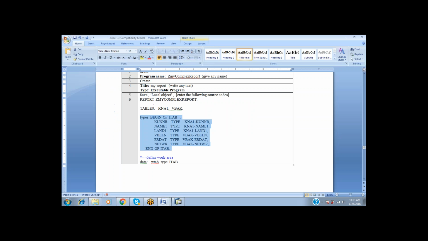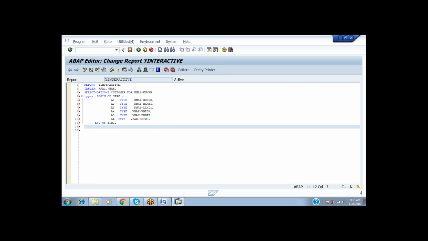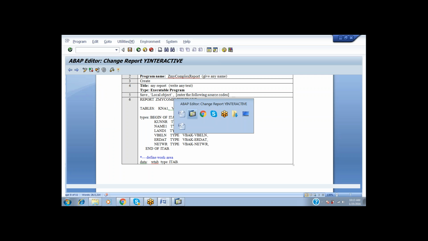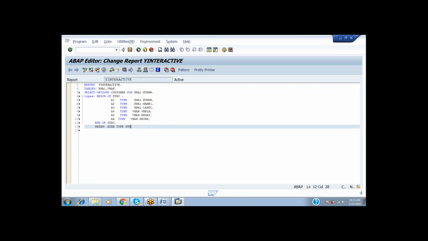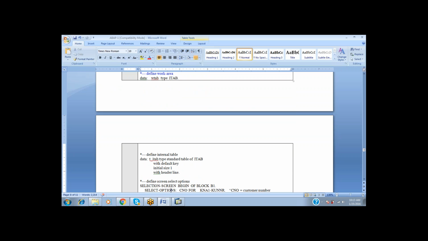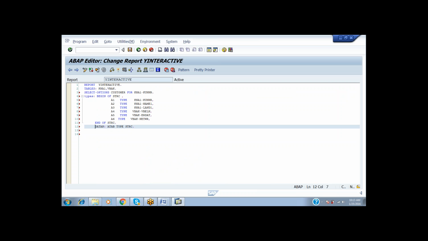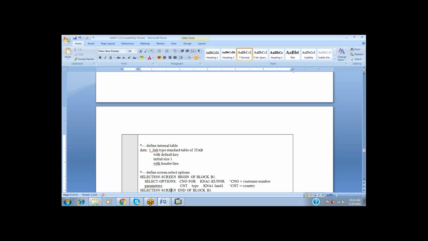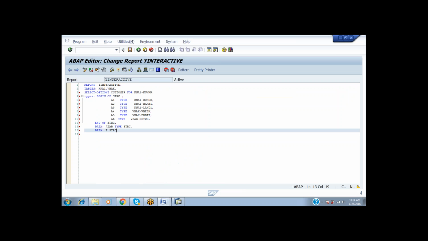And after the end of the STRC, I want to define one work area. For that, data is_tab, data is_tab, type STRC. That one itab also has to be the same as that. And then next data: t_strc. Whatever the data is there in the STRC, the temporary data t_strc, type